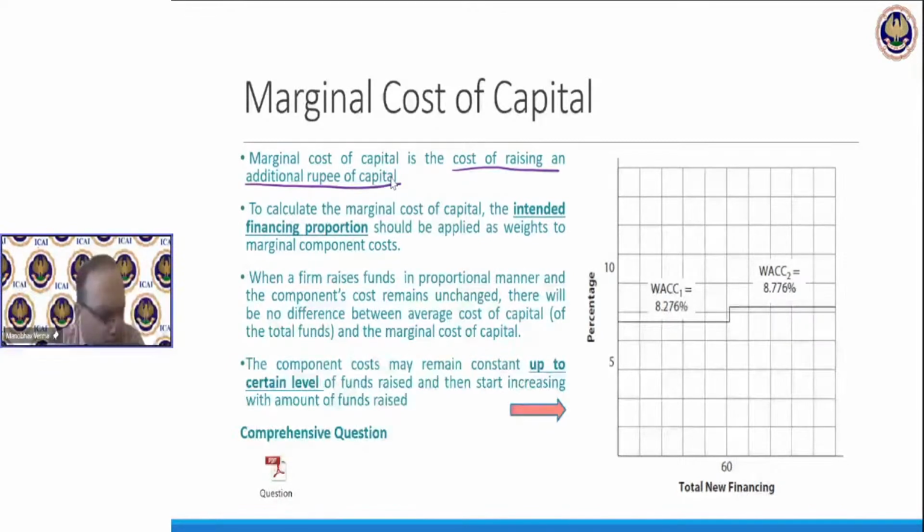So generally, the capital structure will be decided in such a proportion which could result in a minimum cost of capital, and hence we will be focusing on some kind of a predetermined proportion of the capital structure. We also call it an intended financing proportion. Any organization would want to maintain some specific proportion between debt and equity or preference shares or whatever. Now that means if there is an additional investment requirement,